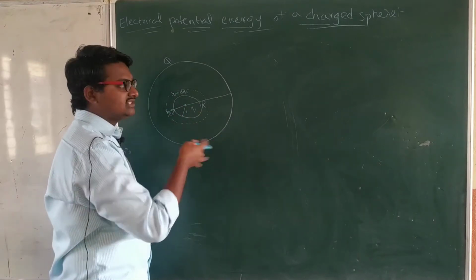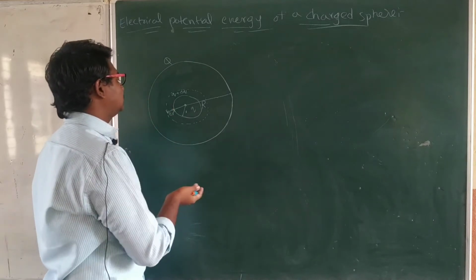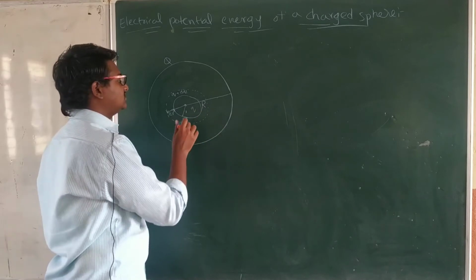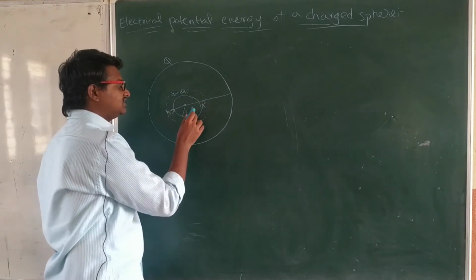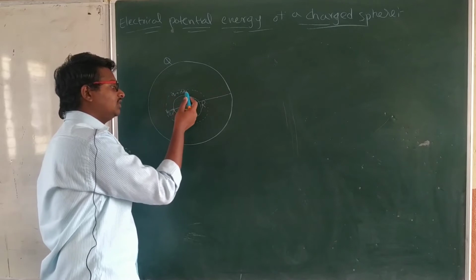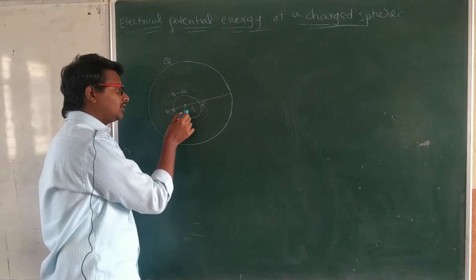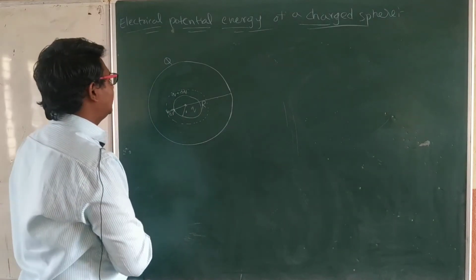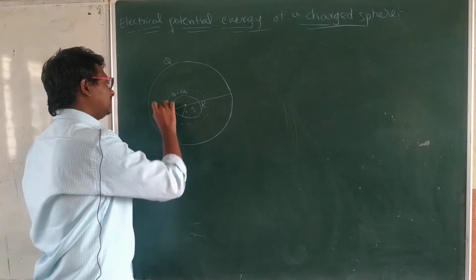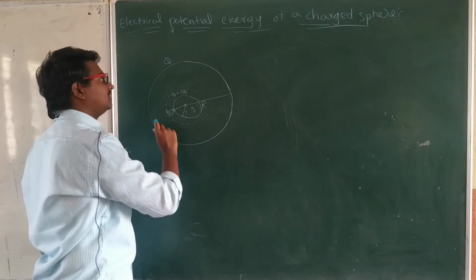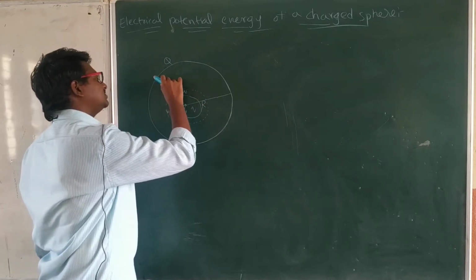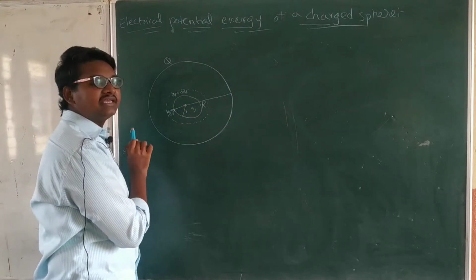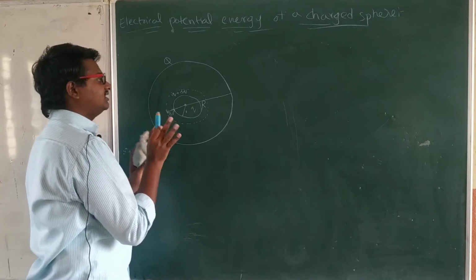As the radius increases, surface area increases, volume increases, right? Because we are adding charge, that is the reason. We have added the charge and it increased from q to q plus dq, its radius increased from r to r plus dr, and volume also increased to some extent. If we continuously add these dr, at a particular stage it will reach radius capital R. That is where we have to stop.